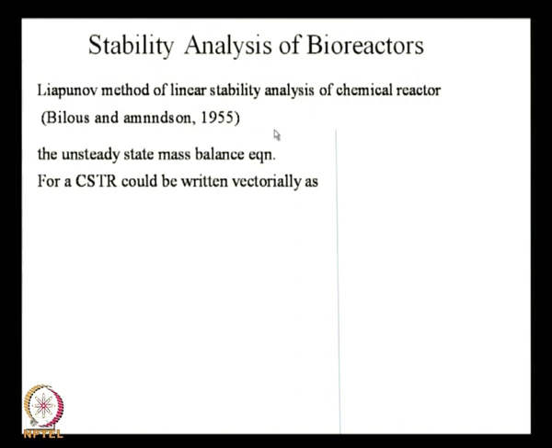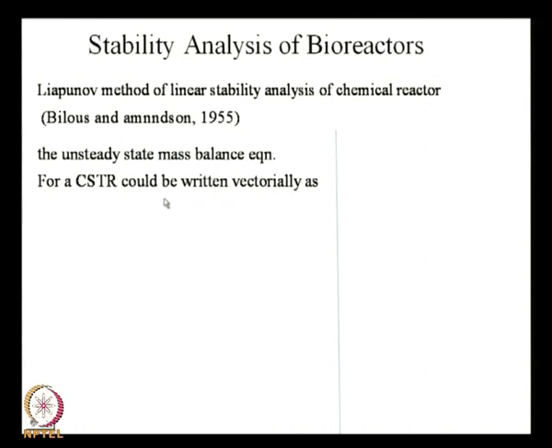Similarly, we owe it to Neil Amundsen for introducing a similar kind of approach, a very mathematical and a very basic way of looking at chemical engineering. Before that, chemical engineering was also just about using chemical reactors and getting products out, but then he introduced this whole approach, and one of the major things that he did was looking at stability. His two major contributions are stability analysis and bifurcation analysis, and what we study in today's lecture and the next lecture is essentially a contribution of Amundsen, the linear stability analysis,